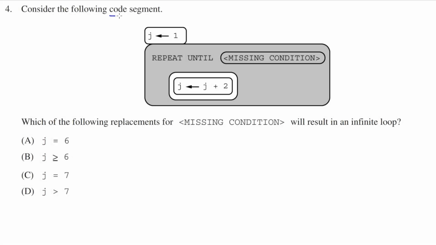Consider the following code segment. Which of the following replacements for missing condition will result in an infinite loop? So we need to find out which one of these code segments, when placed into the missing condition, will result in an infinite loop, meaning this repeat until keeps running over and over again